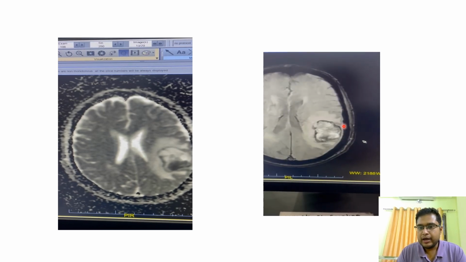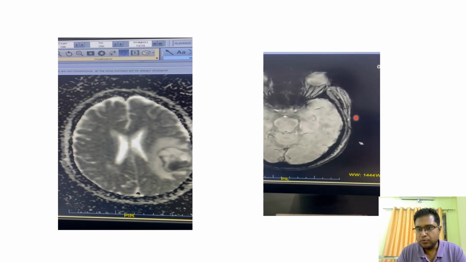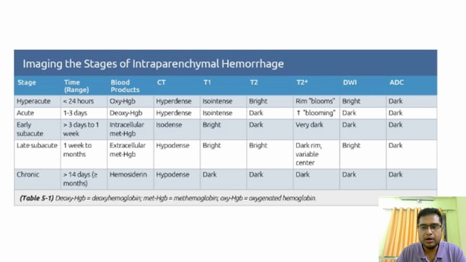These are the SWI images where we can see peripheral blooming and another area of blooming that is seen in the right capsuloganglionic region. So all this was quite confusing, and it was difficult to determine whether it is actually a mass lesion or only a hemorrhage. So we also got an MRS done in this particular case, and there was no choline peak and the NAA peak was preserved. So the diagnosis in this case is a late subacute hemorrhage,